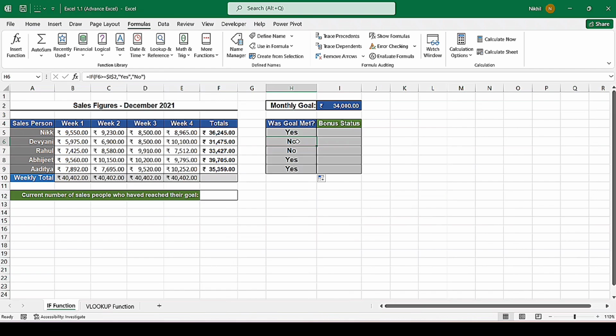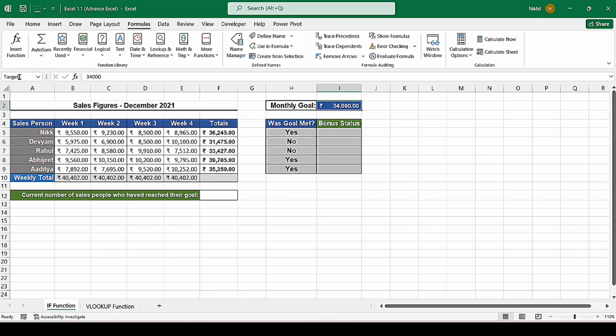There is one more way to freeze the I2 cell: give a name to the I2 cell. First click the I2 cell, then click the Name Box over here, then write whatever name you want. I am writing target. After writing the name, press enter.